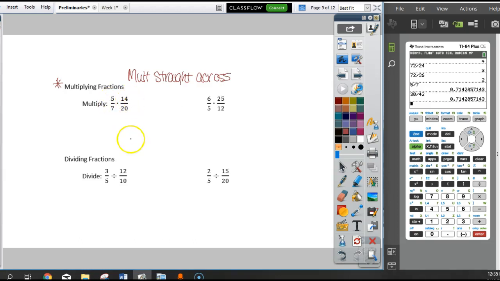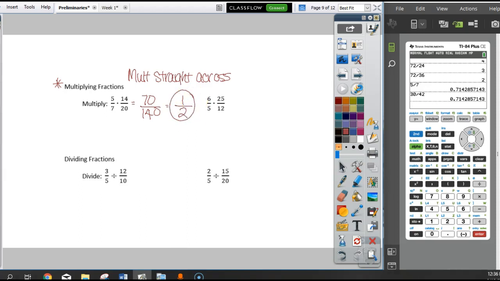So we have 5 times 14, and so that will end up giving me 70. 7 times 20, that gives me 140. Well then, from here you are going to want to make sure that this is simplified, and if I remember right, I think your homework is kind of picky with that. So if it kicks back your answer, it may tell you, hey, it's not simplified, fix your answer. And so we will end up getting